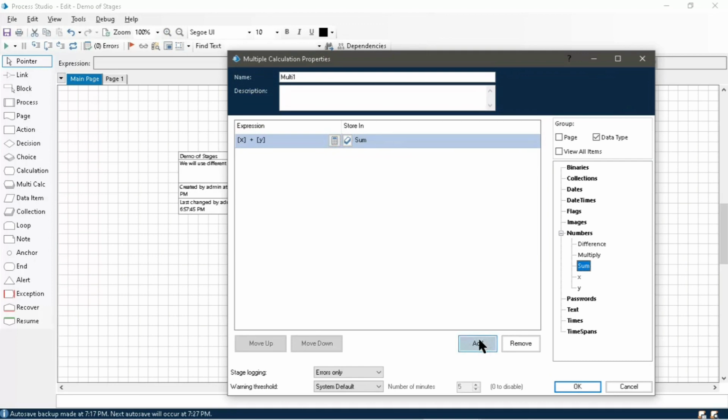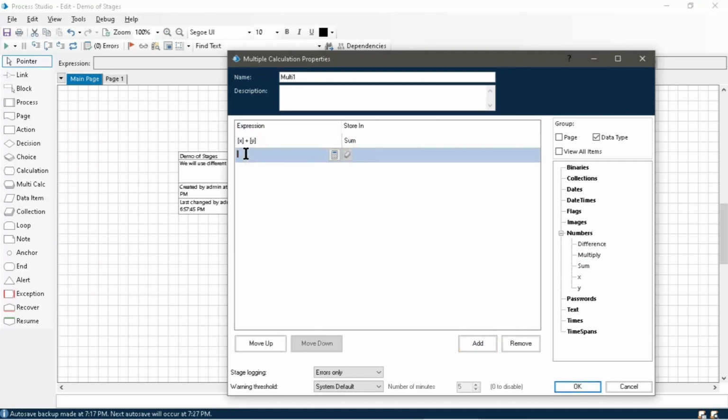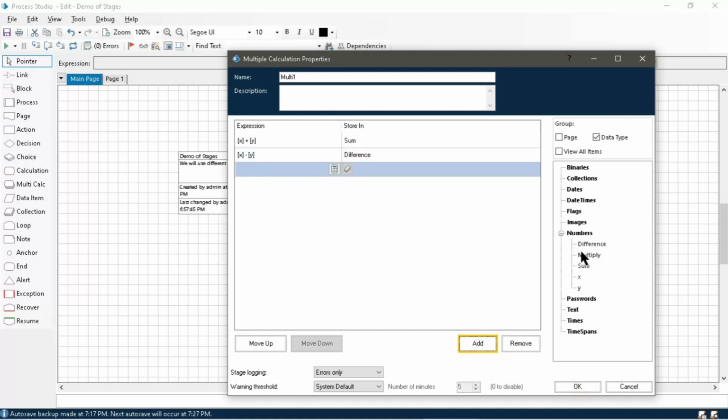Now store the result in sum. Sum is another variable which will store the result of the expression x plus y. Next one is x minus y, and next one is x multiply y. So in the calculation stage we only perform x plus y, but here we can perform multiple calculations in one stage.